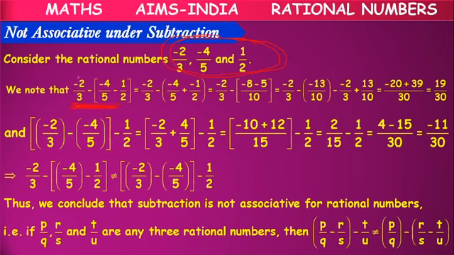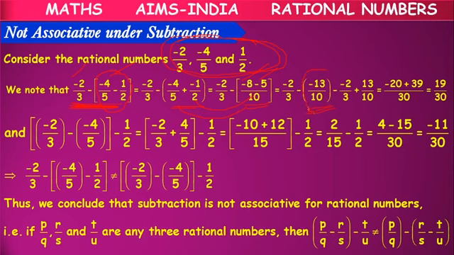But how? First, the rational number minus the second and third, which are grouped together. It means we are simplifying the second and third first. After that, we are subtracting from the first. Now, for the second and third, 5 and 2, what is the LCM? 10. 5 2s are 10, 2 4s are minus 8, 2 5s are 10, 5 into minus 1 is minus 5. For the second one, minus 8 minus 5 means minus 13.